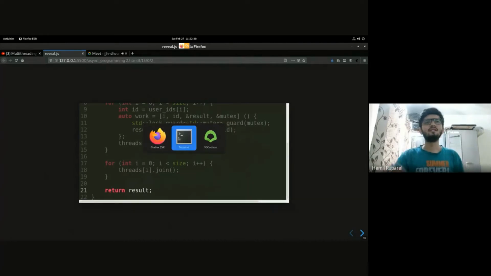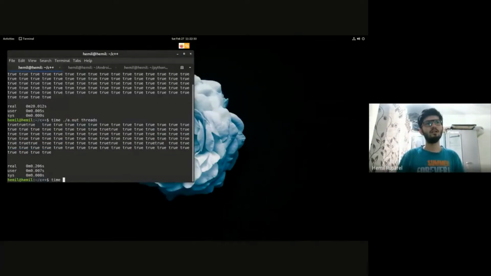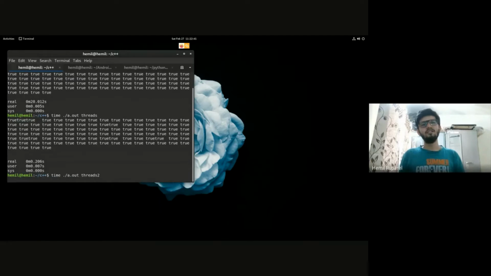So let's execute out threads2. You can see this is already slow and it almost looks like it's synchronous code. Let's wait for this to complete. Does anyone have any questions so far?